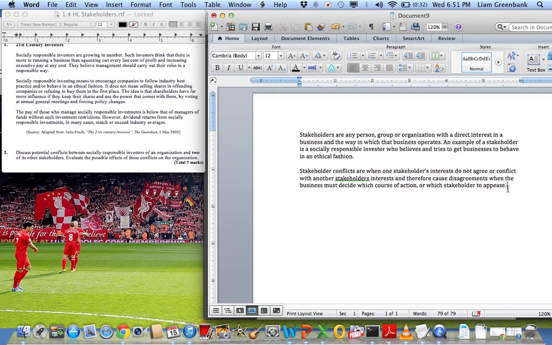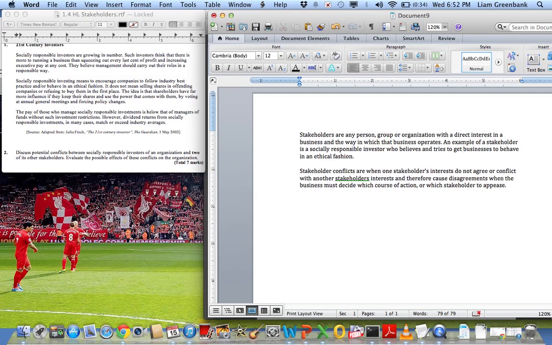Now, in actuality, we're going to be showing our full understanding of stakeholder conflict anyway throughout this case, okay, because that's what the case is about. So really, in the next paragraph, when we build our argument, we're already going to be showing our understanding of that key term. So we can leave that example for now because we're going to be building it into our main arguments anyway. Okay, so